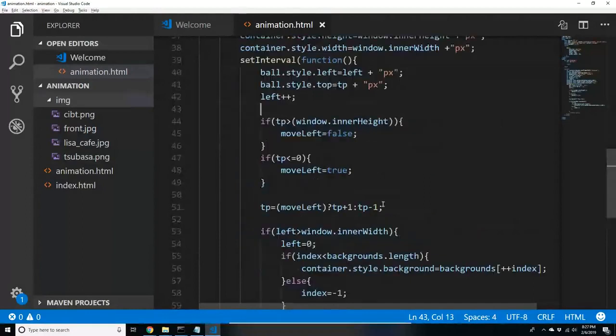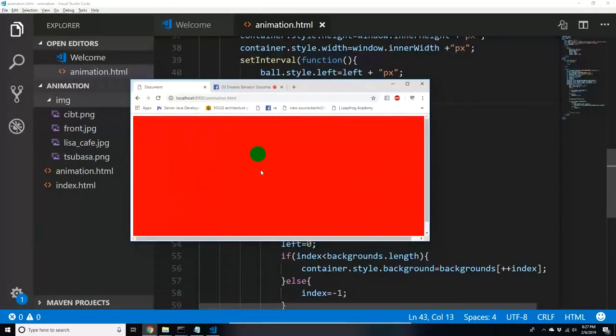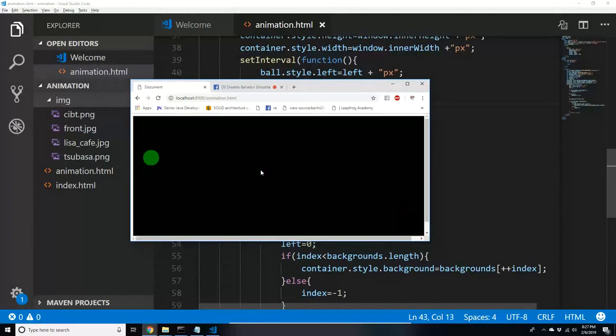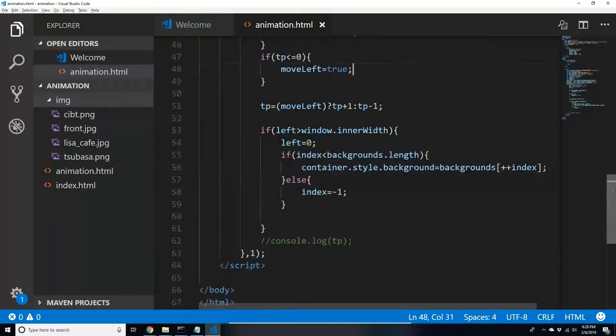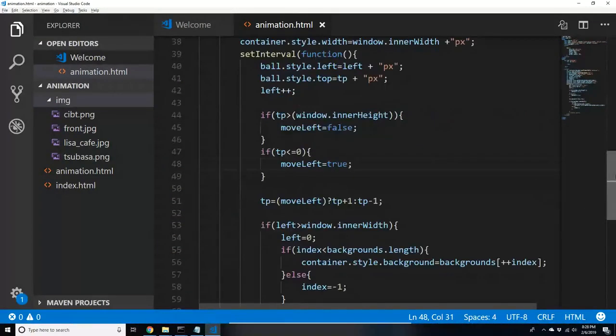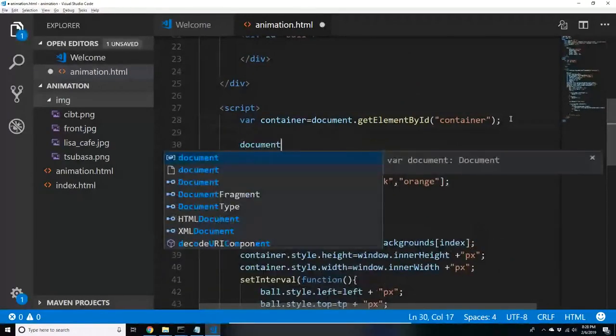You can do more with this. For example, you can add two sides for playing a game, like two-player games or one-player games using the same example. And you can also make it move straight with the key up arrow, key down arrow, key left arrow. For that, maybe you can do some more research. Without adding that, what you can do is add, let's say, document dot on